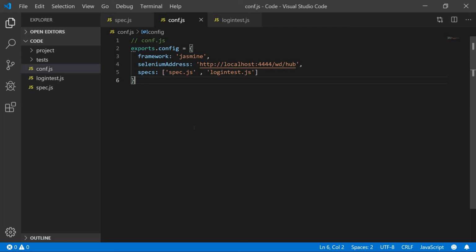So you can say that the project level configuration is all written in conf.js, and in spec.js we write the execution logic or the main test case. That is a basic level of understanding between a conf file and a spec file. We will be coming back with a more detailed session on conf and spec, and how we can tweak and make changes in the conf.js at an advanced level.